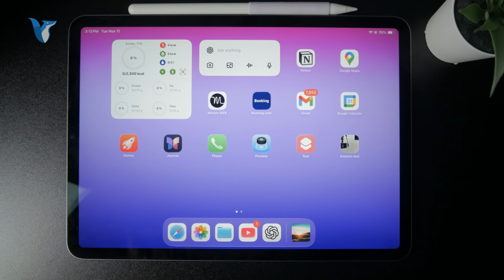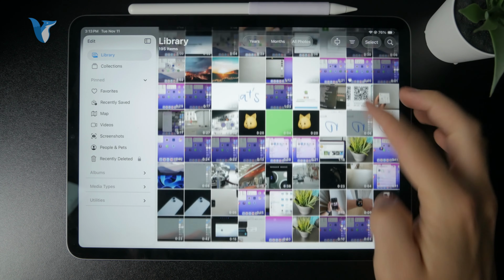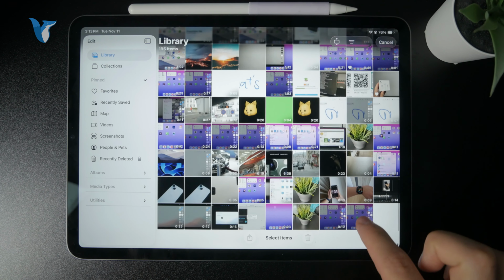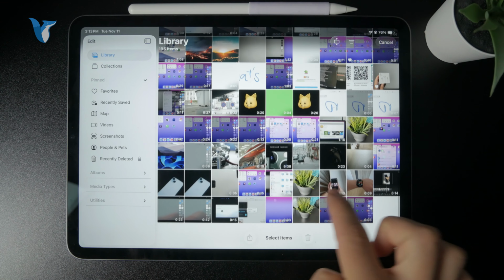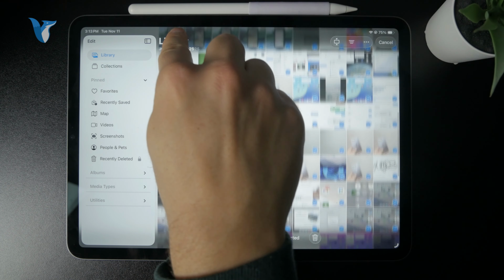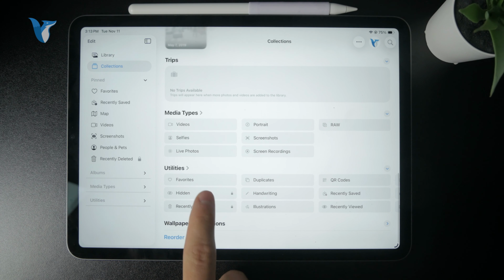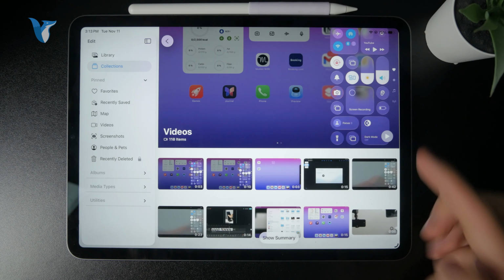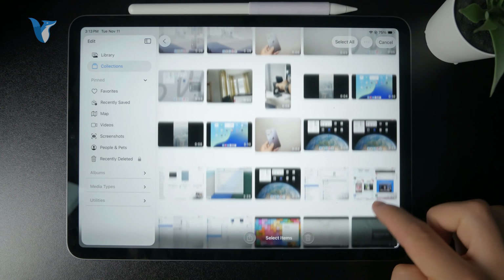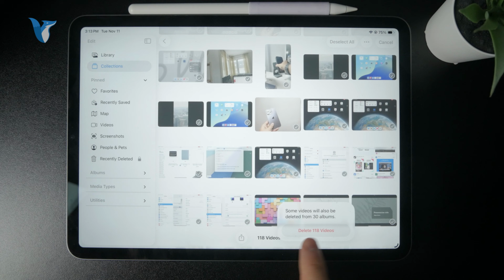So you can basically just manage your photos and videos manually inside of the photo gallery, right? You can just go to select and just drag the selection and literally select everything and just delete it. Or you can also go to specific collections and then decide to go with the media types. So you can select the videos only, select them, and delete all the videos from the iPad, and that's how you can manage them inside of